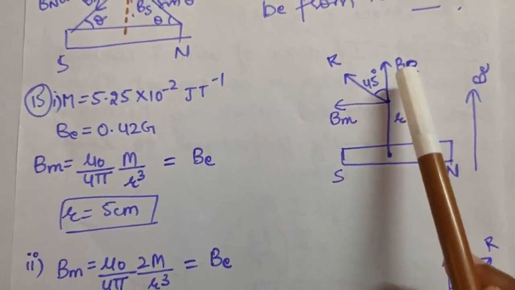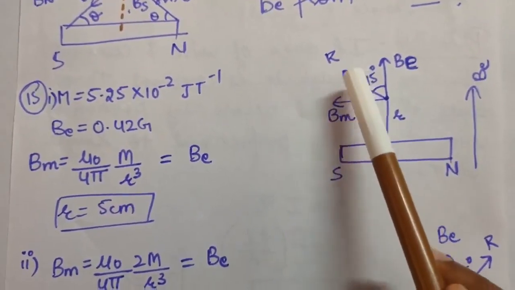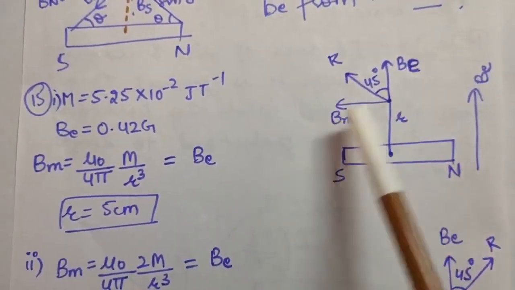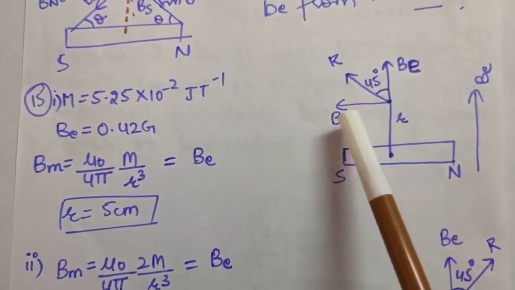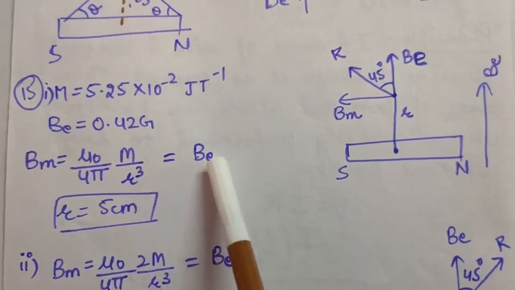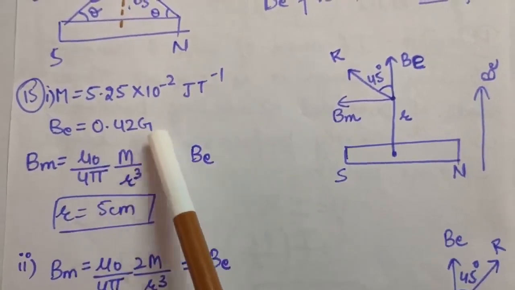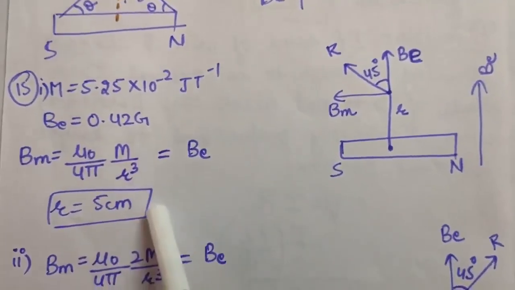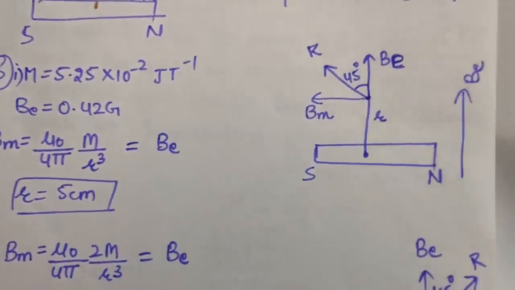As you can see clearly, the resultant will be at 45 degrees only when BE is equal to BM. You already know the value of BM, which is mu naught upon 4 pi, m upon r cube. Put it equal to BE. BE is given in the question to be 0.42 gauss. So r will come to be 5 centimeters. Okay, so in the next part,